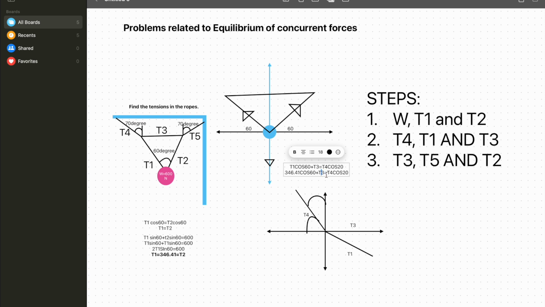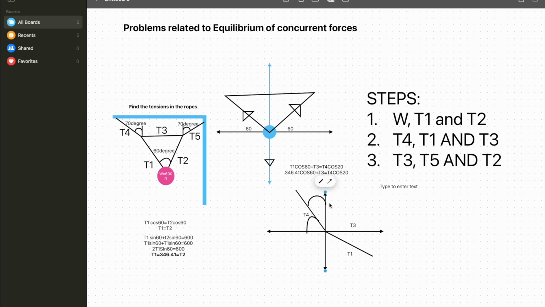We still don't know the value of T3 and T4. How will we manage to bring out T4? We can't bring out T3 because there's no clue to do that, but we have a clue to figure out what T4 will be. So if we just focus right over here on the y-axis,